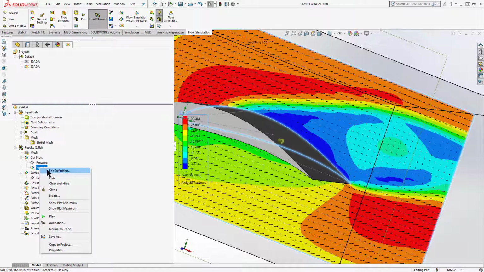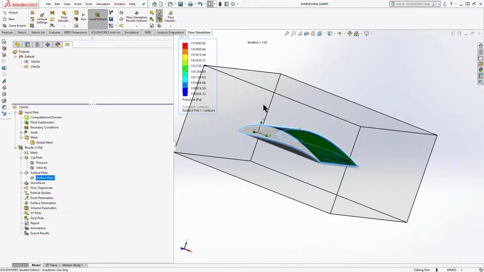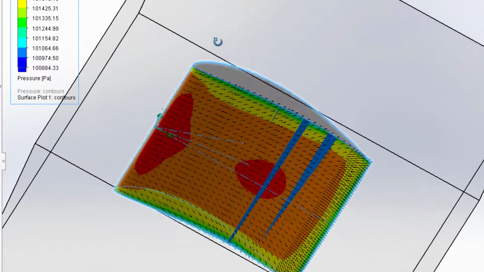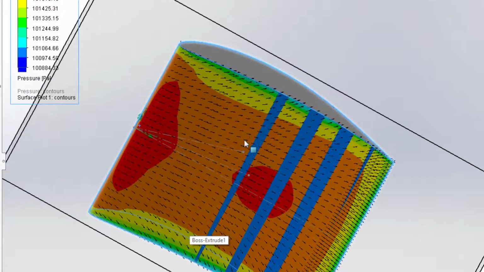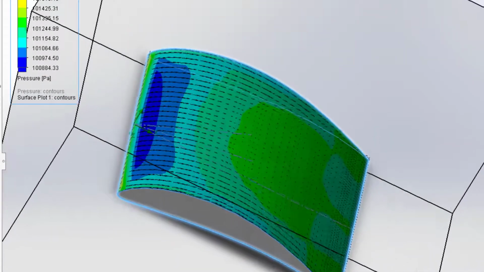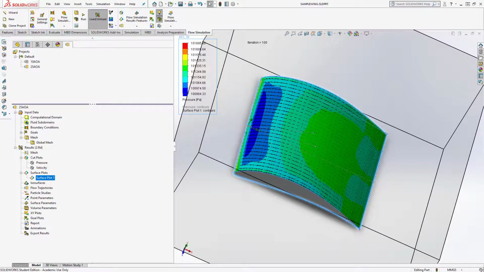If I turn off my velocity cut plot and turn on my surface plot, again, exactly what we expected to see. We have very little lift being created on the wing, and we have quite a bit of pressure. Most of it is centered along that front and midpoint, mid-span there, and that's all that deflective pressure. So pretty much exactly what we expected to see. So that is doing a very simple computational fluid dynamics on a very simple wing for conditions that we saw